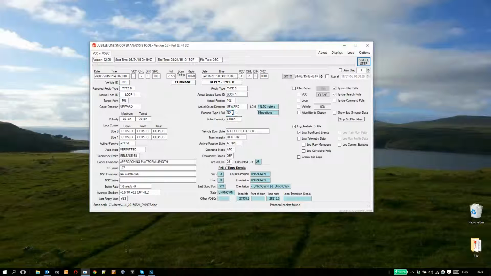And it does that by saying, yes, I would like to give you a type 1 reply, and the next message, the VCC will command a type 1 reply telegram, and the VOBC will respond with additional data, and we'll see that in future tutorials. We've got the actual velocity, the door interlock status, so as soon as you lose one door, you'll lose the vehicle door status indication to the VCC, train integrity for the round train circuit,